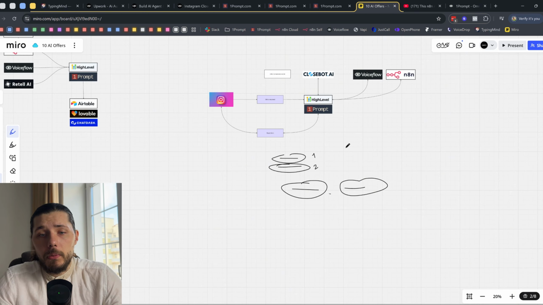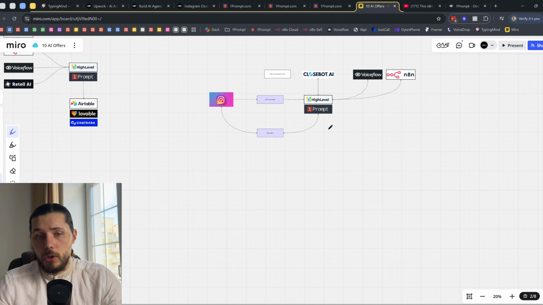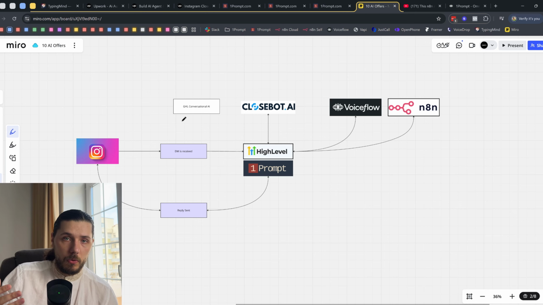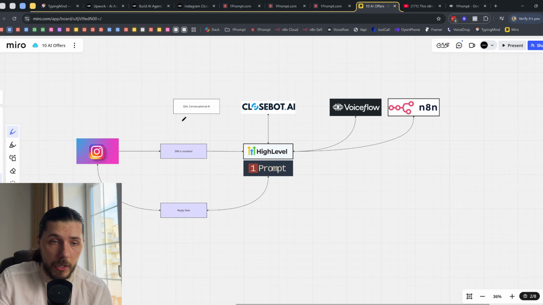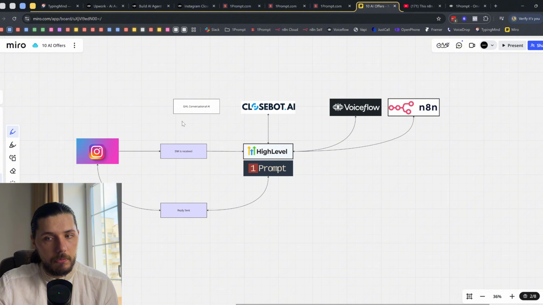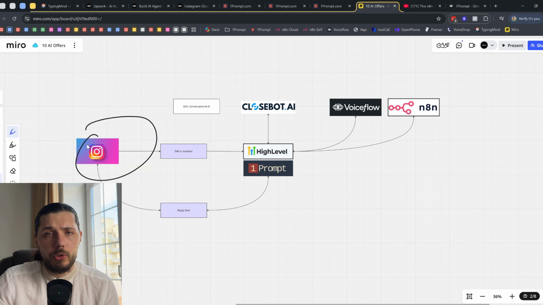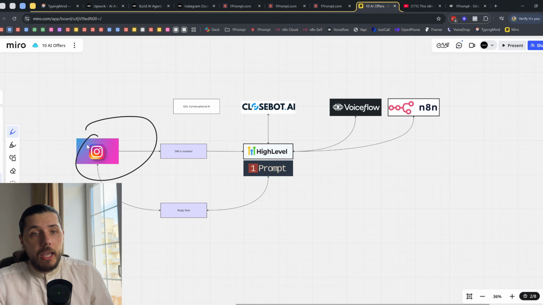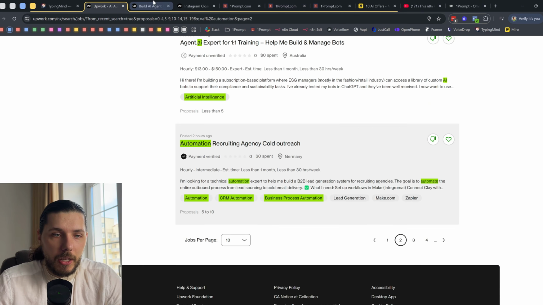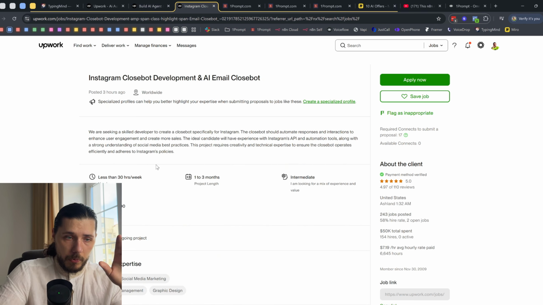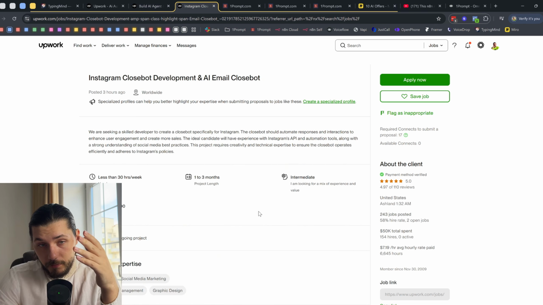But this would be the structure. If you're building it from scratch, I would spend a few days, a few weeks, or a few months, depending on your use case and the actual experience, and have it as a template, because this template can be connected to Instagram, WhatsApp, live chat, email, anything. And I'm not applying for this job because I'm not interested. But if it were a bigger job, I'm not sure.